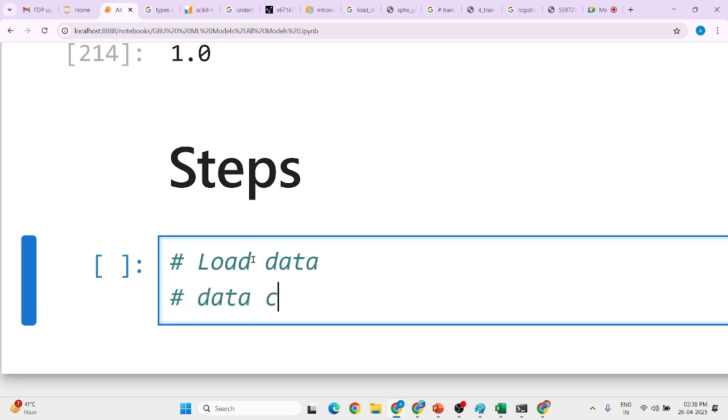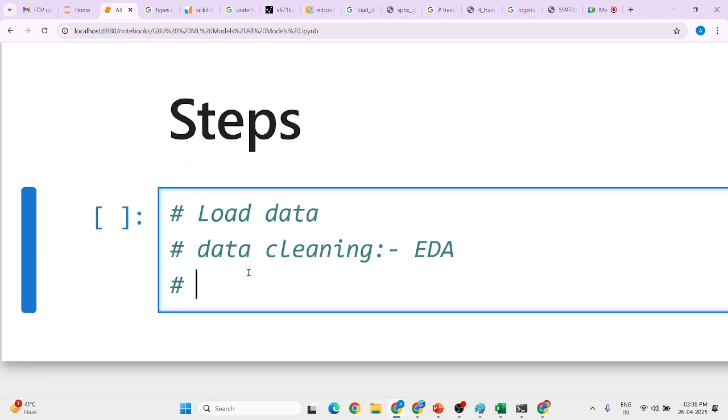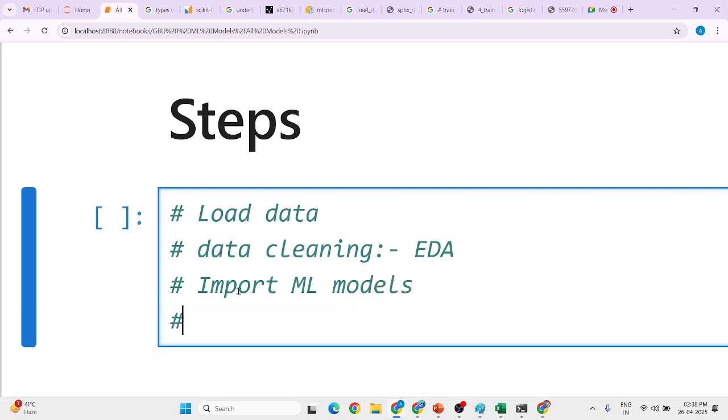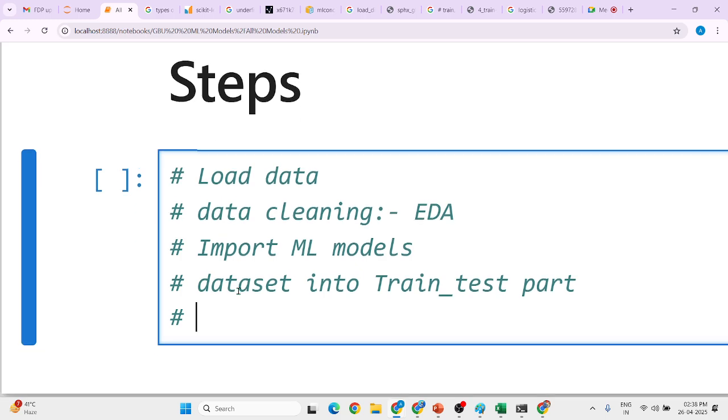Data cleaning is generally referred to as exploratory data analysis. Then after data cleaning we will import the relevant modules related to machine learning models. So import ML models, right? And then we will divide the data set into training and testing parts, right, with the help of train test split, right? So training and testing part, and then after this we will try to build a model